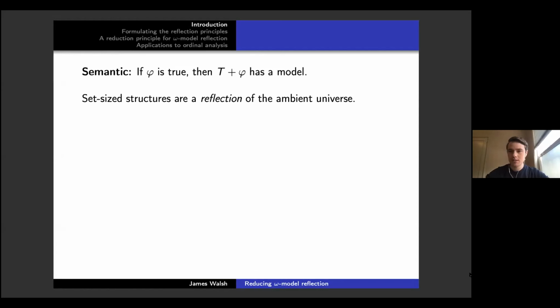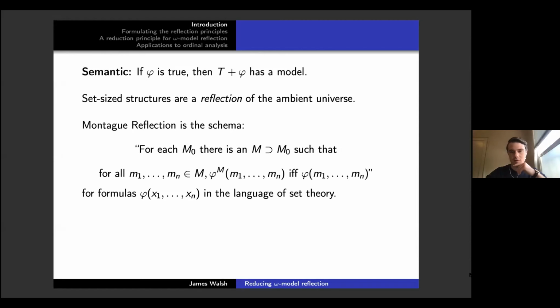So let me give you an example of a semantic reflection principle. This is from set theory. This is called Montague Reflection. Now, there are many different versions of this principle. There are many things that in the literature get called Montague Reflection. So you might be familiar with some other version, but here's one version. It's a schema, and it's every sentence of the form: for each M0, there is an M extending M0,